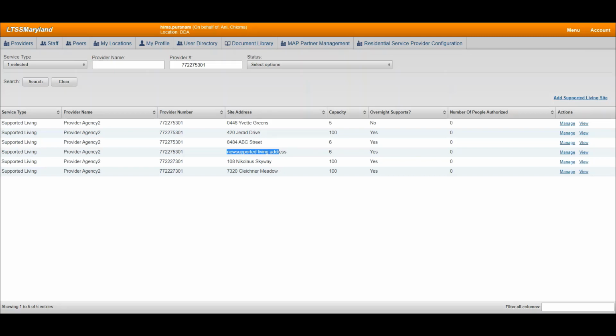I will now go over the status of active or inactive for the residential service provider page. An active status means that the residential service provider is available to provide services to the client, whereas an inactive residential service provider means that the provider cannot provide services. You can change the status from the active inactive by clicking on the Manage link under the Actions column. As you can see from the drop-down, we have chosen inactive or active, and the search results will show all the active providers.